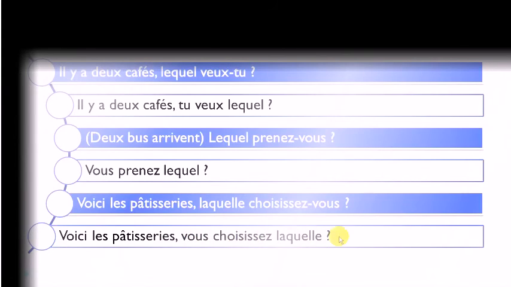Vous choisissez laquelle? All right. So you can see that in that case, it's the same. We just keep the normal order. So subject, verb, and then laquelle. All right. So now you've got lequel, lesquels, and laquelle. Remember phonetically, basically this second part, quel, doesn't change if you want to pronounce it.